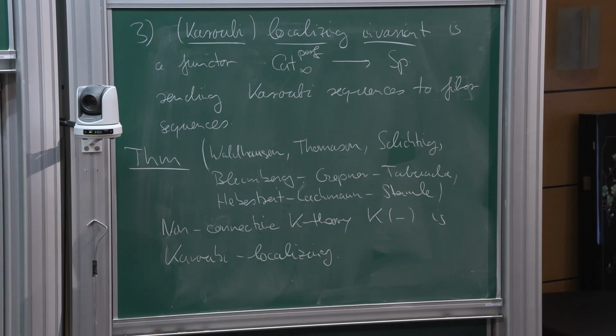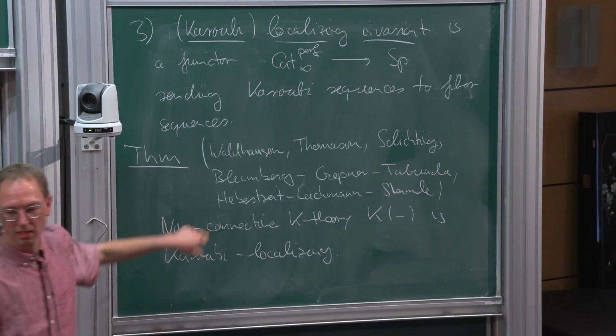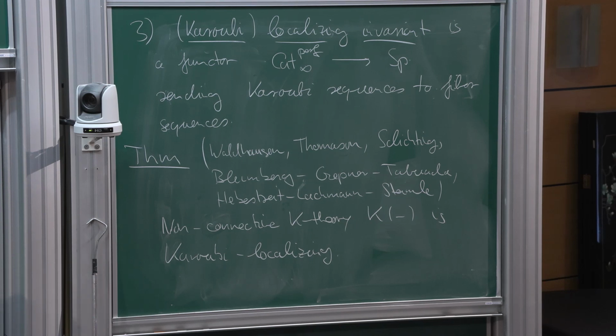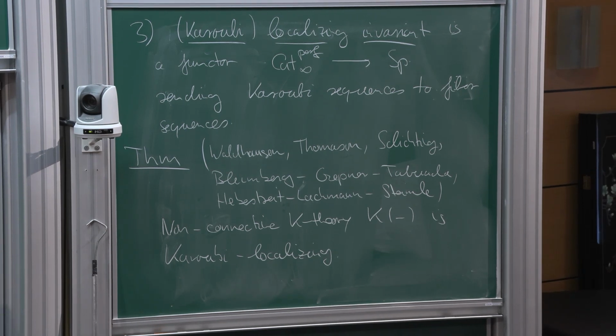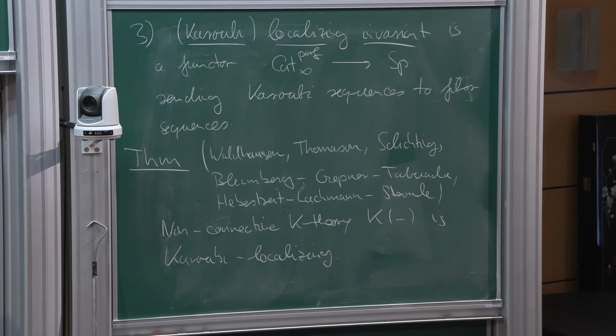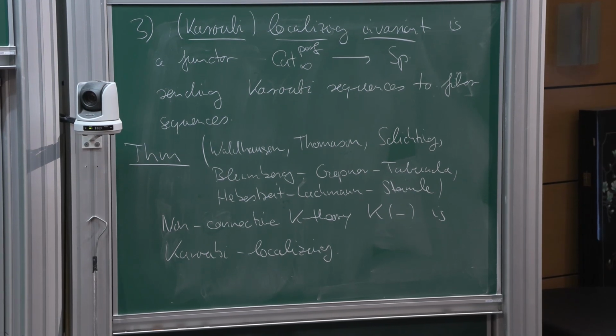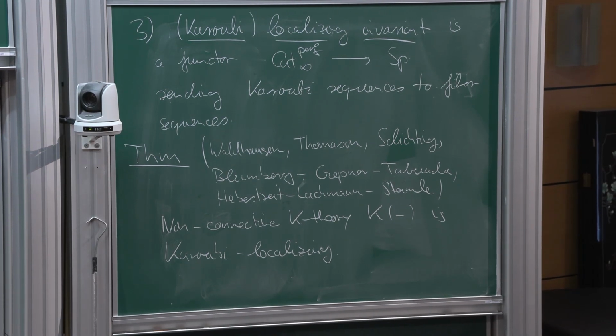So is the last thing you mentioned written somewhere? Yes, you will find it. The nice thing is that this is purely infinity categorical, and doesn't use the old language. And that's on the arXiv. If you Google for these three names, you will find it. Or if you wait for my list of references, it's also written there. Okay. Are you going to define the non-connective K-theory? No, let's take this as a black box that it exists.